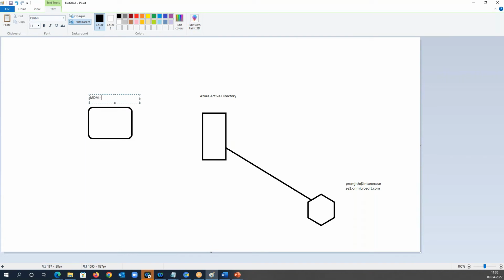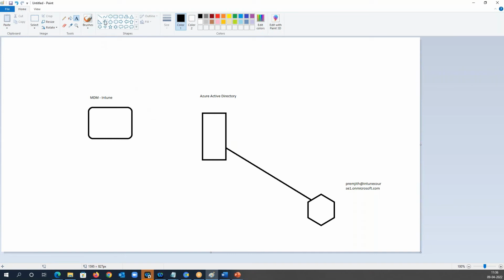Our MDM that we are using is Intune. Now, what will happen once the machine, let me take the